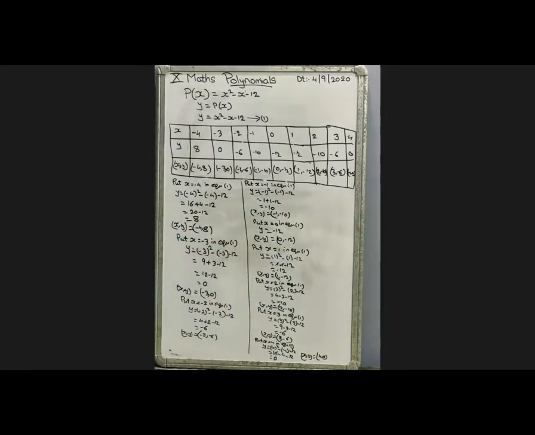Okay, I think all of you got clarity about what we discussed. Up to now, we just substituted the values in the equation the given equation, took the values, and got the y values. So finally we got the x comma y values. Now we have to draw the graph. So copy it once. After that we will draw the graph. Once you copy it, raise your hand and I'll go to the graph.